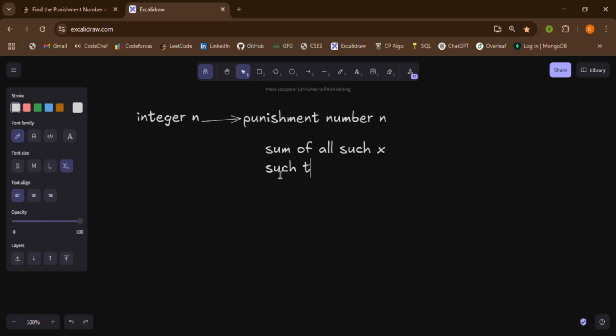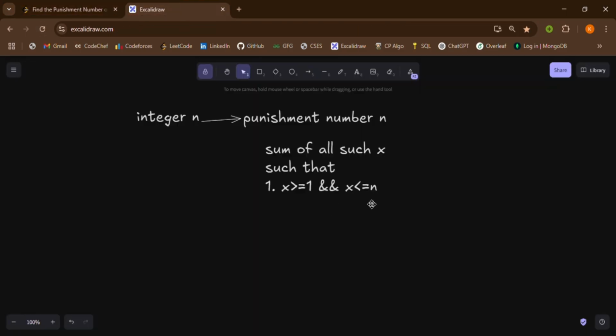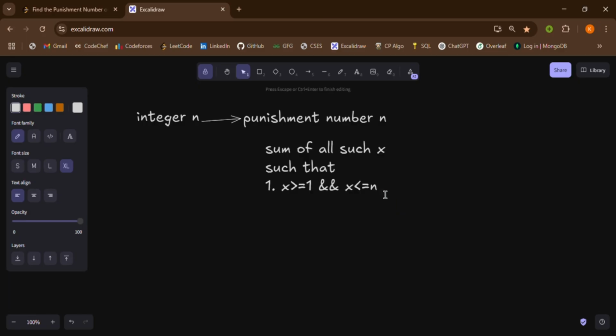such that x is greater than or equal to 1 and x is less than or equal to n. This is my first condition, and my second condition says the decimal representation of x times x, so for any x, the second condition says to take x times x and look at its digits,